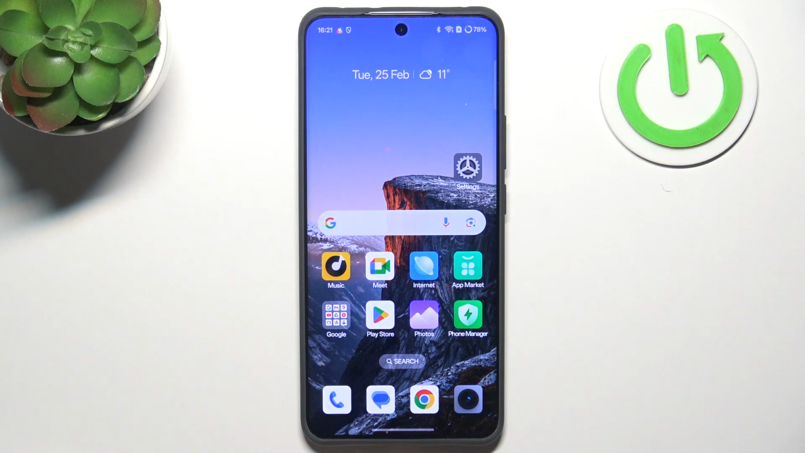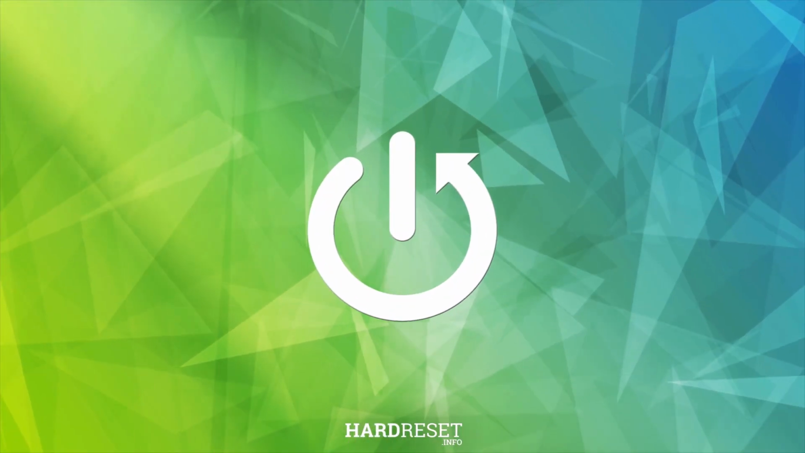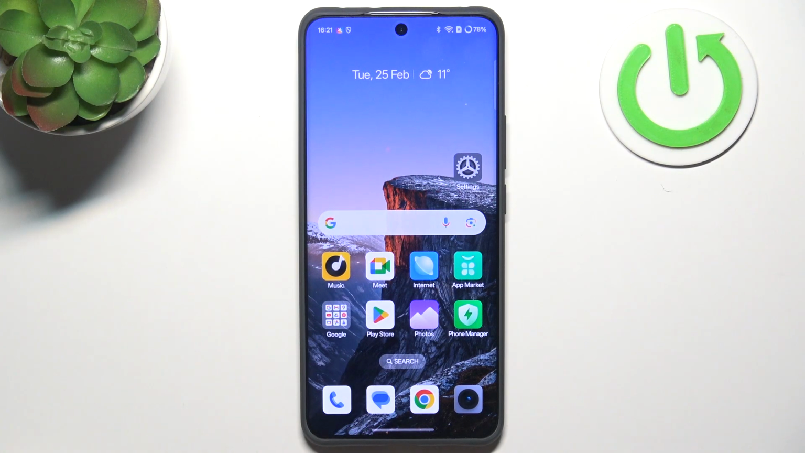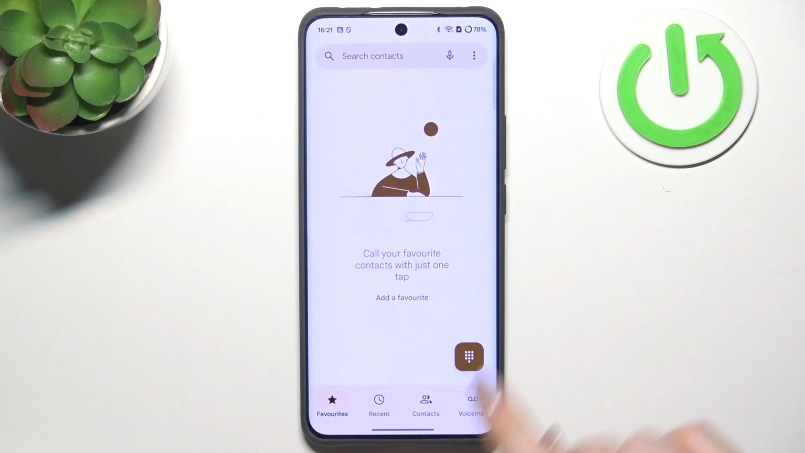Hi everyone, in front of me I've got Realme P3 Pro and let me share with you how to use secret codes on this device. So let's start with opening the dialer, as it is a place where we can enter all of those codes,